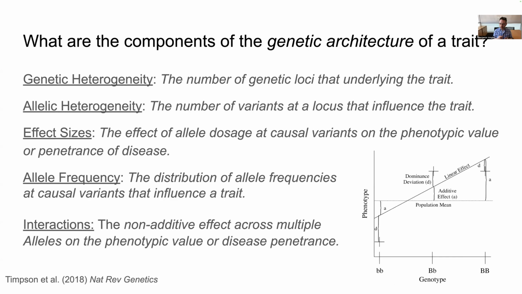Once we start thinking about the components of heritability and a trait, we start to realize that there's actually quite a complicated architecture that you could use to describe that component of additive genetic variants. And there are a lot of different concepts to think about here. These are by no means all of those concepts, but I think these form the basis of many of them that we commonly think about when we think about the complexity of a trait. Again, these are nicely reviewed in this very recent Nature Reviews Genetics article that came out a couple of years ago. But let me just enumerate them specifically,